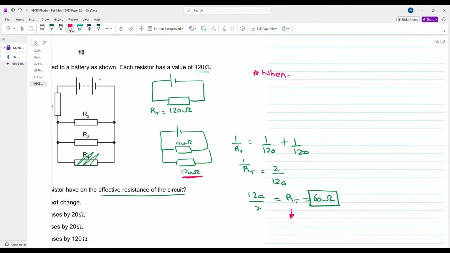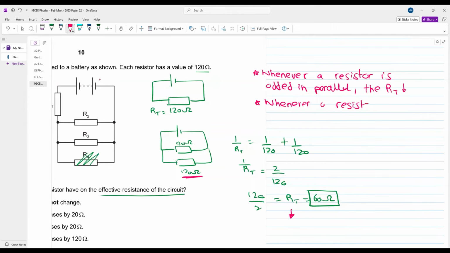Whenever a resistor is added in parallel, the total resistance decreases. Always remember that. And whenever, this is the reverse point of this, whenever a resistor is removed